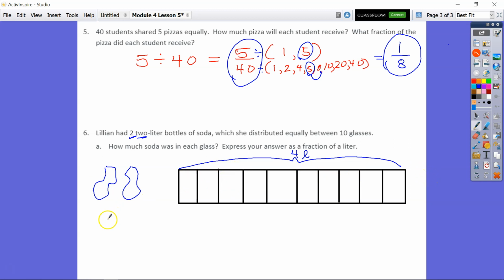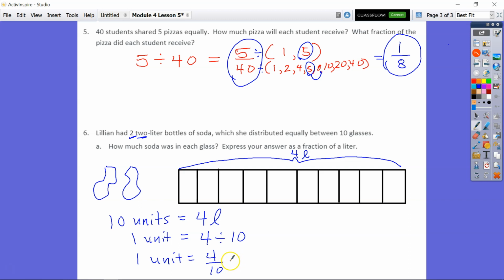So we know that 10 glasses or 10 units equals 4 liters. So 1 unit equals 4 liters divided by 10. We say that that's going to be equal to 1 unit equals 4 tenths,